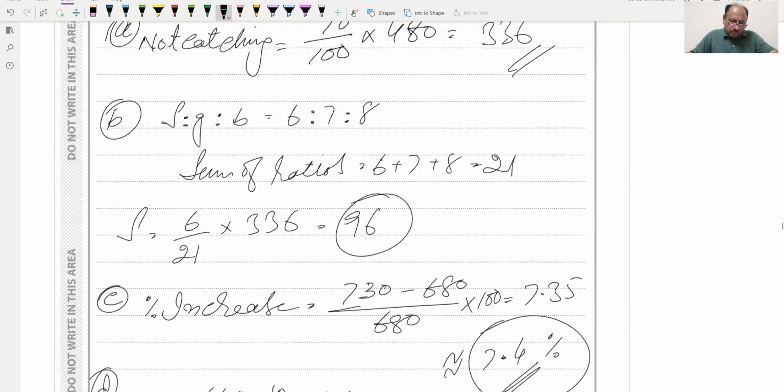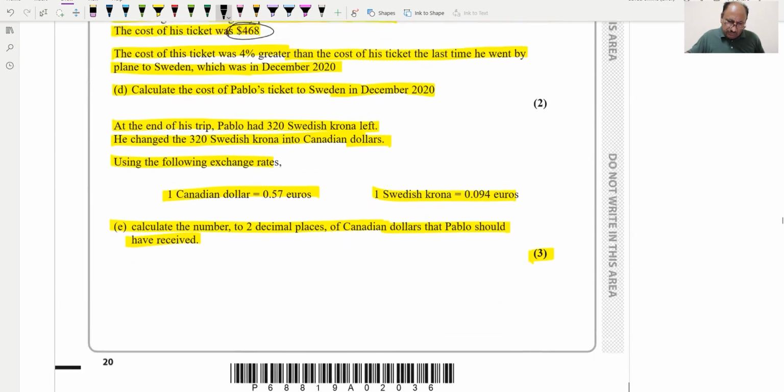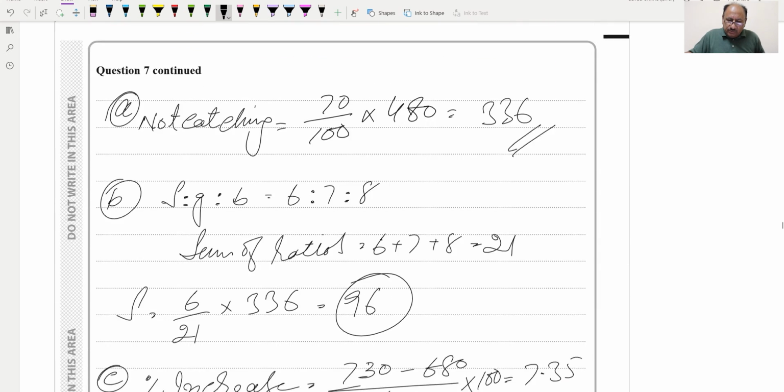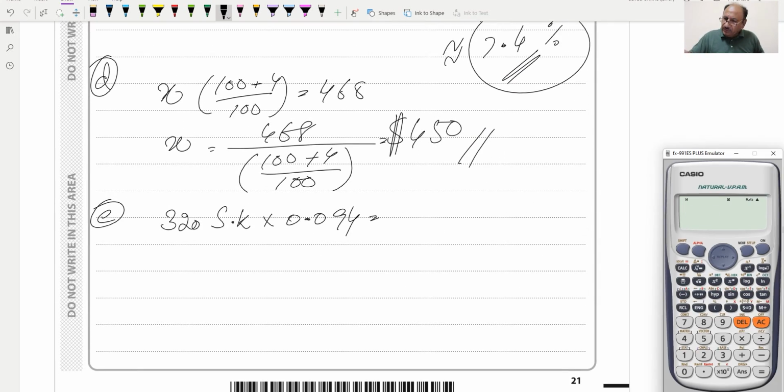Swedish krona. So we can write the Swedish krona in abbreviation and multiply by the conversion ratio, which is 0.094, which is given. We will convert into euros, and then those euros we will convert into Canadian dollars. So this will be euros, and we multiply 320 by